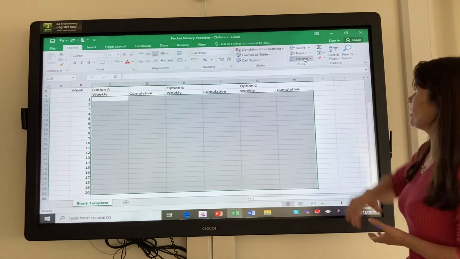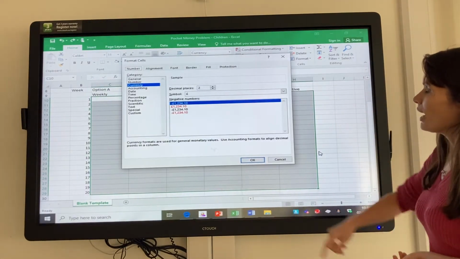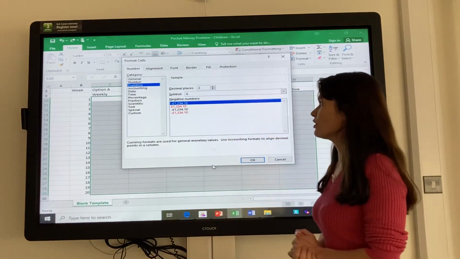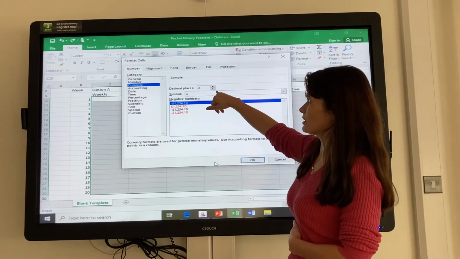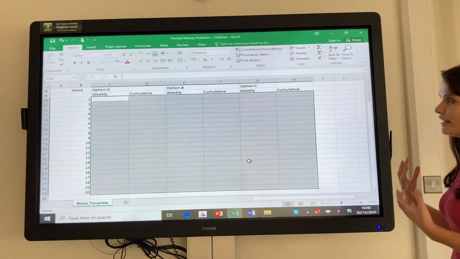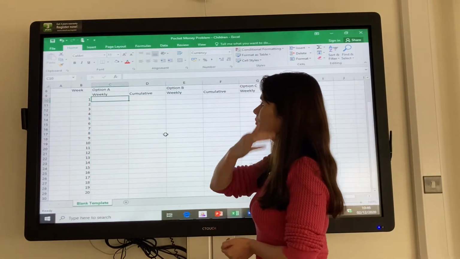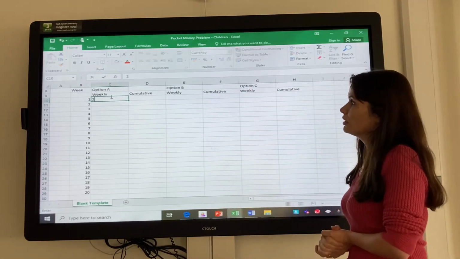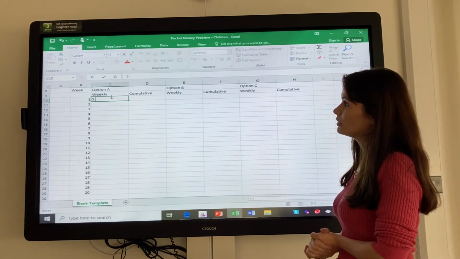Go to format, down to format cells, which is right at the bottom, and you'll see that you've got different categories down the side. Currency is another word for money. We're going to make sure that it's got 2 decimal places and that it's on money, and then click OK. And any information we now input, it will have the money symbol in front. So Gemma, if we put in £5,